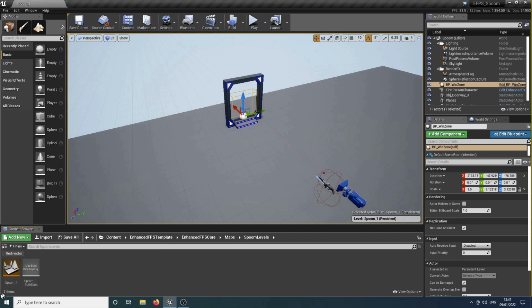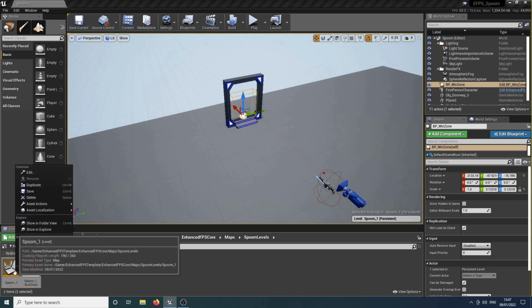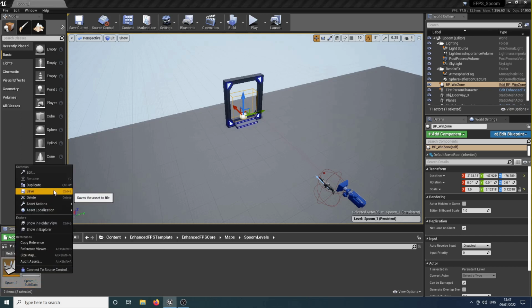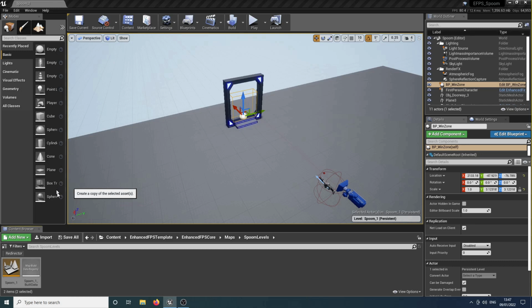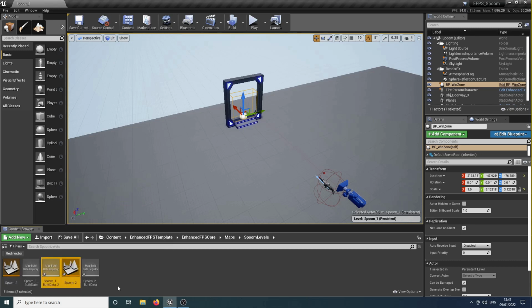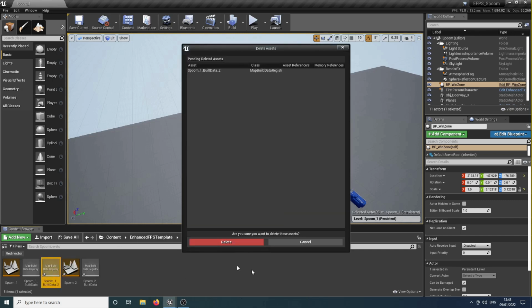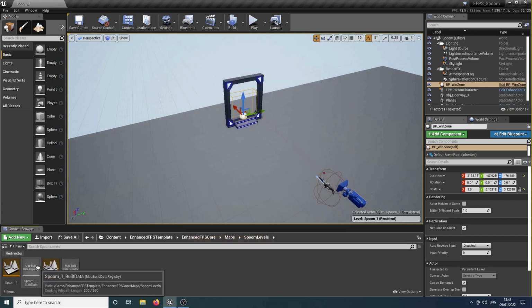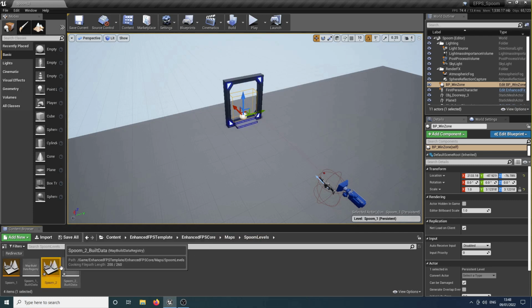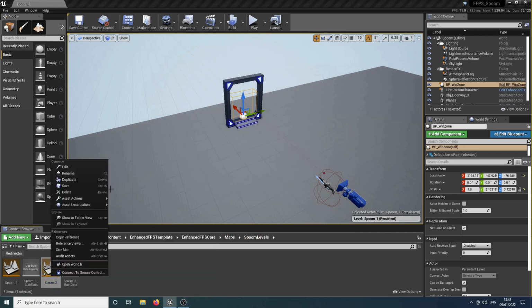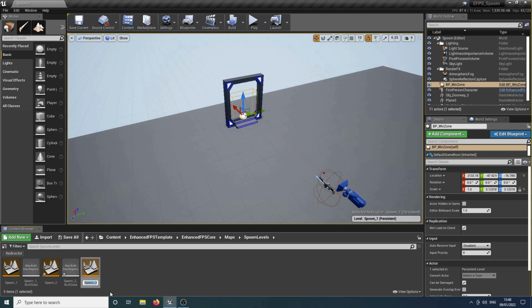And there we go. So I've named it something easy like Spoon 1 because the name is like a text value, so we will need to manually enter those. So if we just duplicate that, there we go. Now we've got Spoon 2, Spoon 1, build data. No, we don't need that. I accidentally duplicated both of them. We didn't need to do that. So yeah, we just have to manually duplicate them. So yeah, if we just duplicate out enough